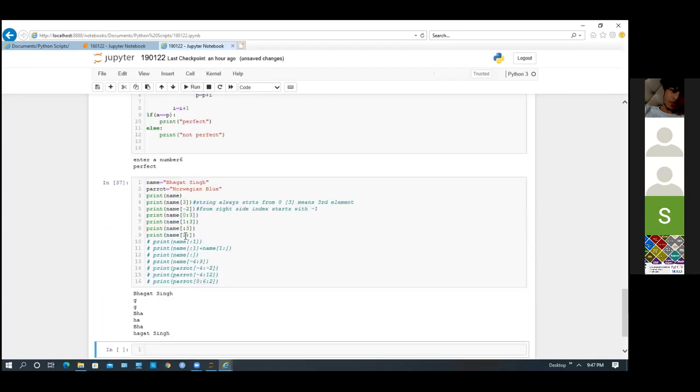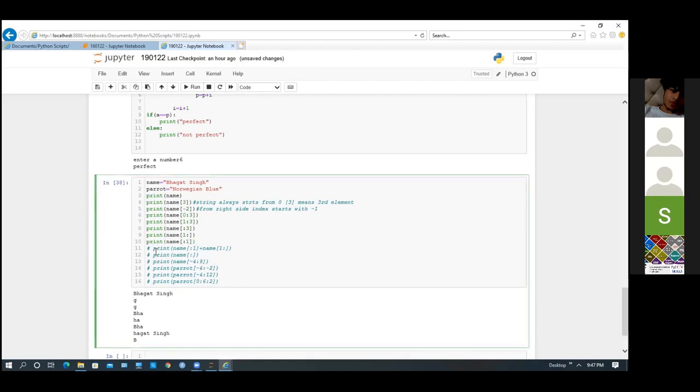So it starts with 0. So B will not be there. Correct? Yes, sir. Okay. Now if I write :1, what will it print? Only B, sir. Let me run. Only B. Perfect. Means :1 means only index 0. Not starting from the end. If it starts from the end, it will be -1.